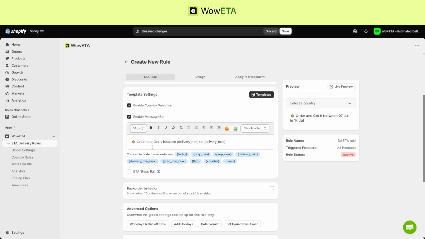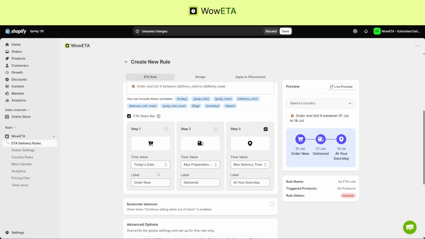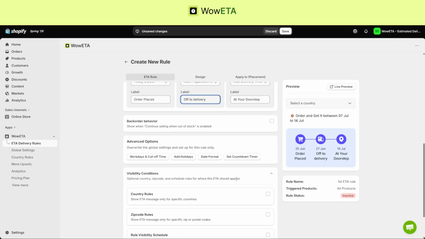From here, you can change the step names that you want to show to your customer, like order now or order placed, delivered or off to delivery, at your doorstep, etc. We have some very important functions that will help you to set your ETA rules specifically